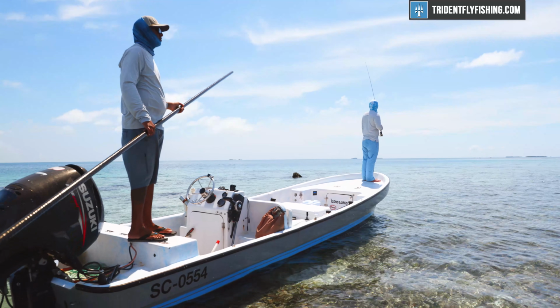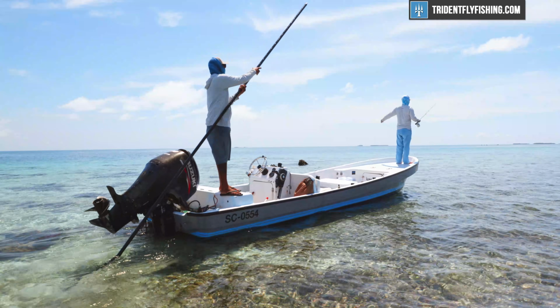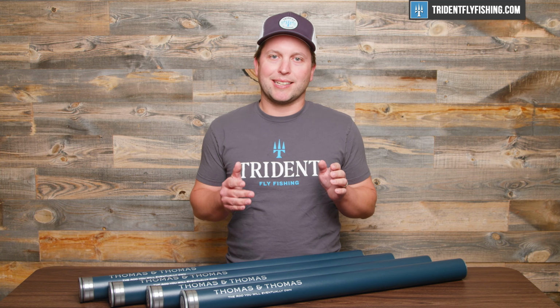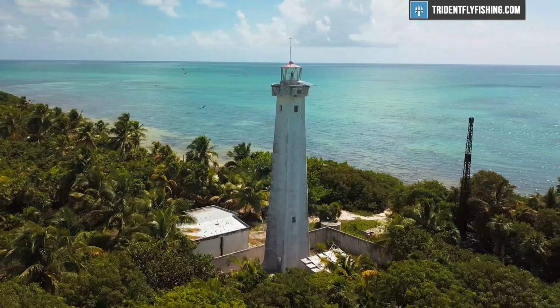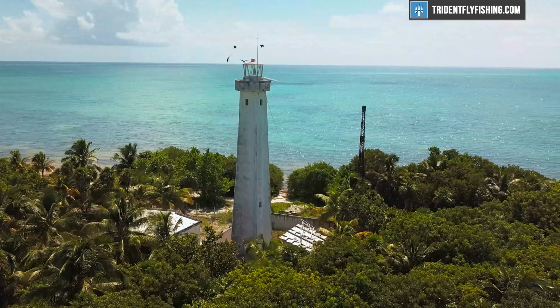Now, you might be asking, why doesn't everybody fish with a 6-weight for bonefish? Well, the answer to that, by and large, is going to be wind. Because if that wind gets up past 15 miles an hour or so, which it definitely can, you're probably going to want something that's a little bit heavier. And that brings me to the rod that